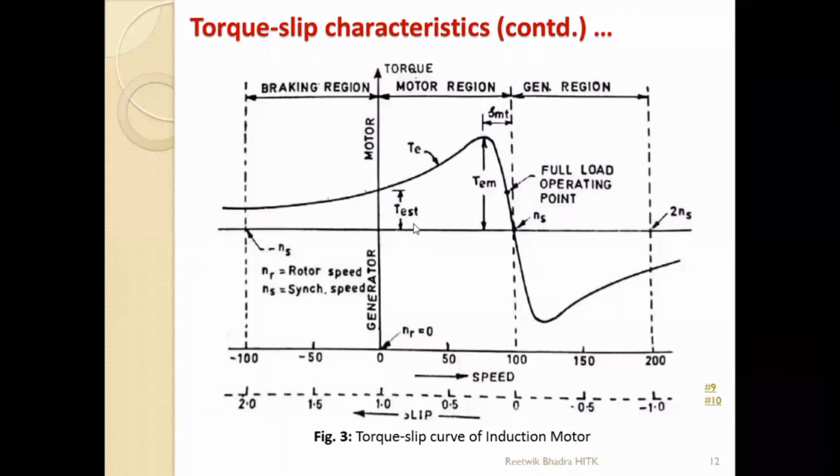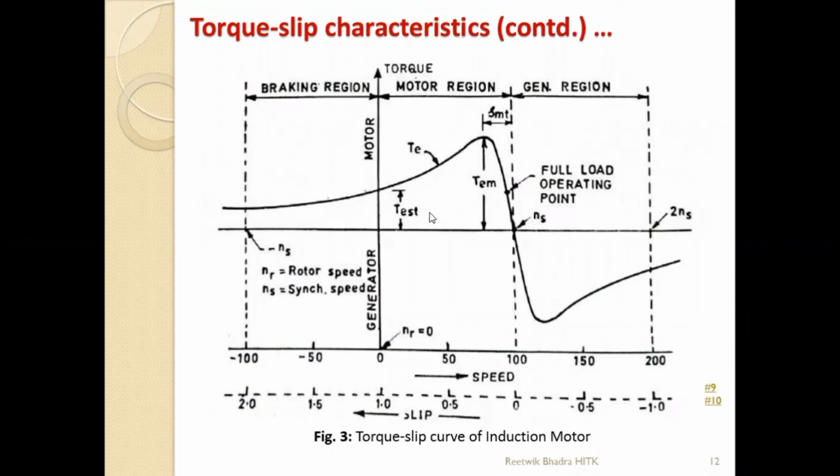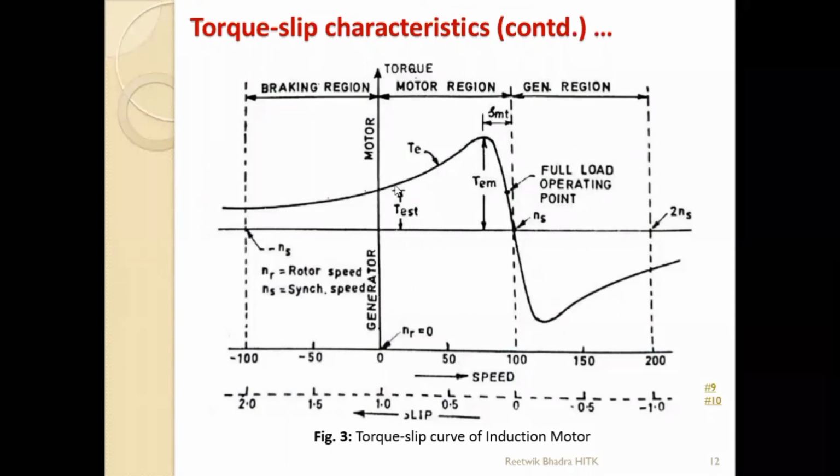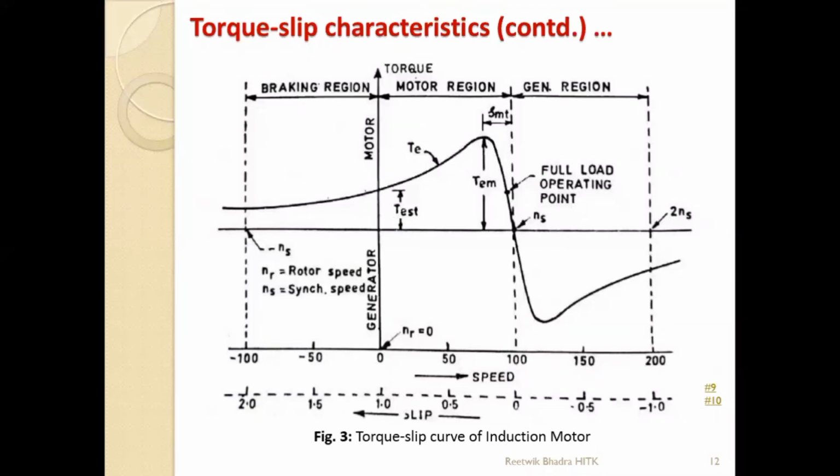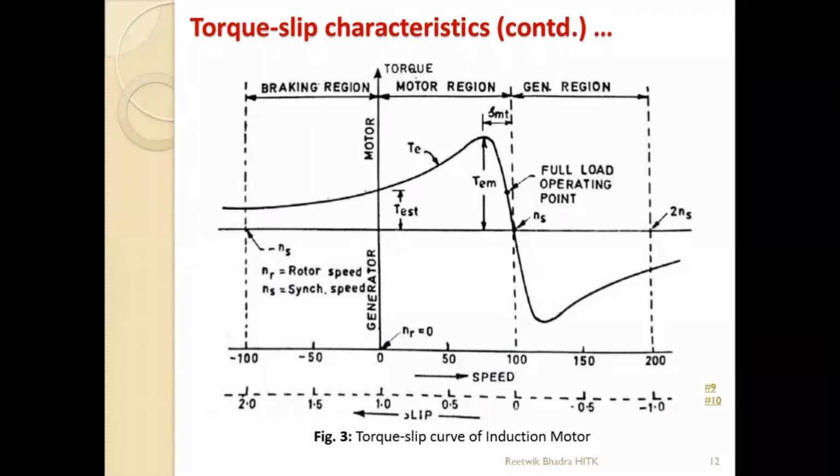The induction motor is called a self-starting motor because whenever you give a supply to the stator of the induction motor, a torque is automatically developed at the starting itself. You don't need to give any extra force to the motor to start at the initial point. It automatically develops a torque and the rotor starts rotating. You don't have to provide an external push on the rotor to make it rotate. So it is called self-starting. The reason is that there is always a starting torque. As soon as you give a supply, a torque gets automatically developed.